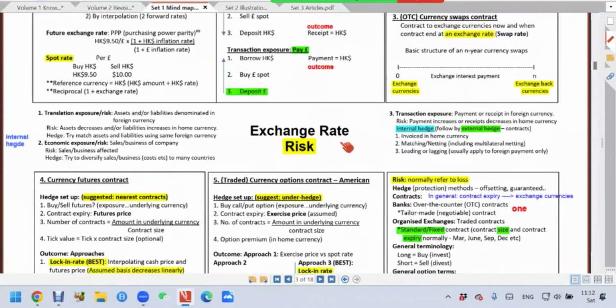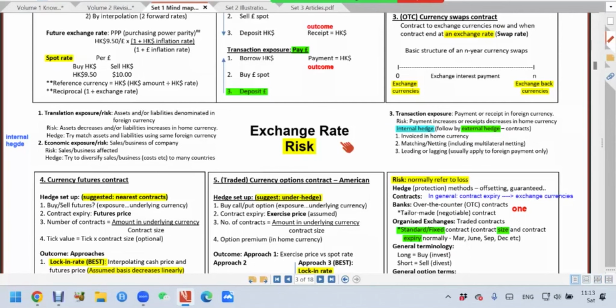Exchange rate. So think of the exchange rate of Vietnam dong against US dollar, Vietnam dong against Singapore dollar, Singapore dollar against Hong Kong dollar, Hong Kong dollar against Vietnam dong. That's the exchange rate. So it's always between two countries or between two currencies. And this rate changes. The rate changes, so we say that it changes means there is uncertainty.